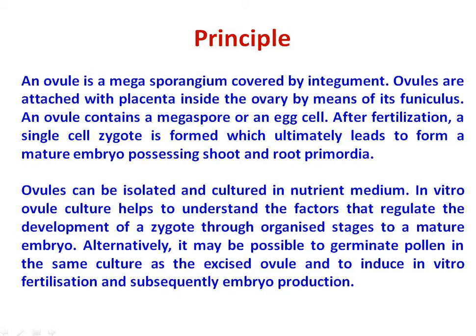It is to be mentioned that in many plants, mature seed could be obtained from the ovule culture at the zygote or two-cell embryo stage only, if the medium was supplemented with coconut milk and fruit juice. The ovules of Gossypium hirsutum were cultured by Joshi and Johri in 1972 on a medium supplemented by casein hydrolysate.